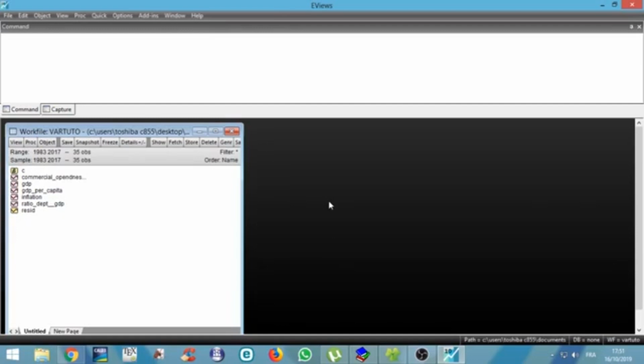After a VAR model, we will also show you how to test cointegration as well as testing for lag structure. After cointegration, we will show you how to finally run a vector error correction model. So you have your data imported